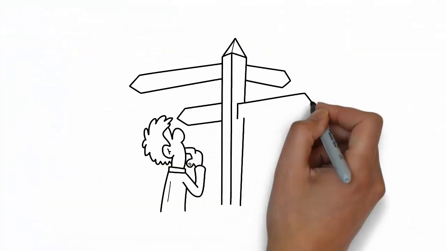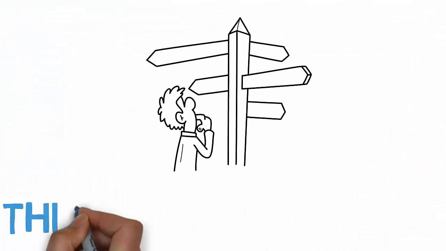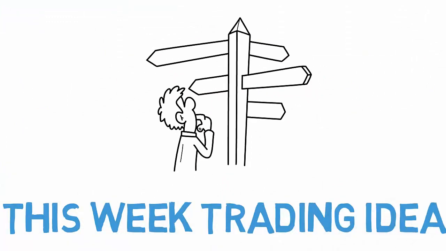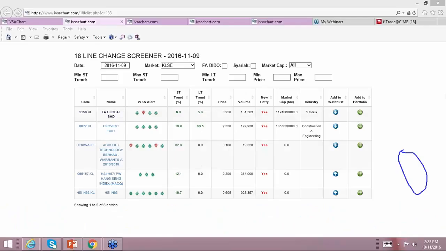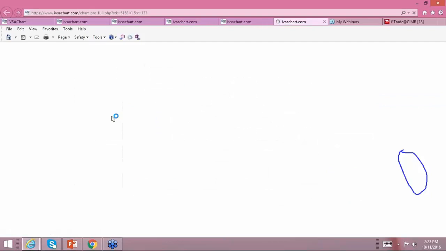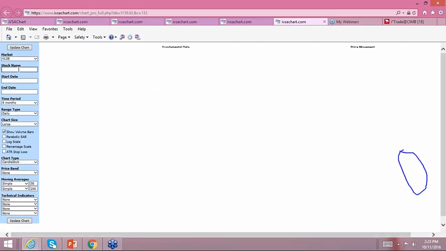All right. Now these 18LC trade ideas, as I've shown you just now from today's 18LC, we have not seen any that meet our iVSA 18 line change rules, so we continue to wait. Remember, this 18LC is updated daily, so we are not in a hurry to choose those that do not meet our rules and requirements. But I want to review again